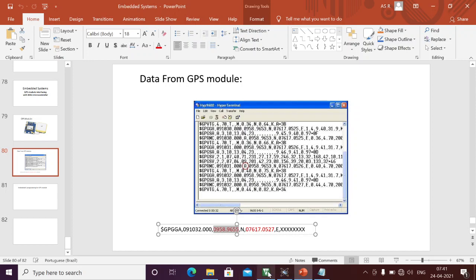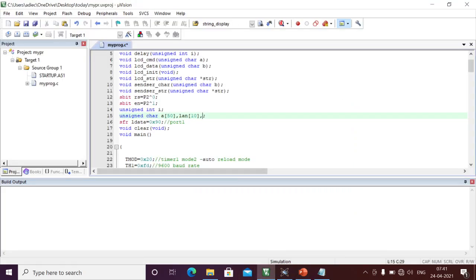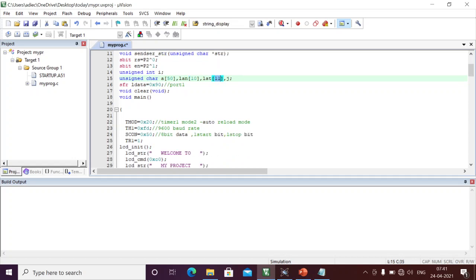I should take the 11 characters. I should pick up the latitudinal 10 characters, and the 11th is the null character. Okay, next I need j also. I should pick up only the 10 or 11, so that I am using this for